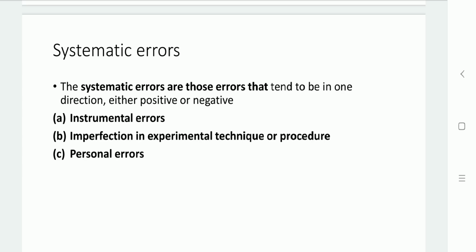Clear? Now, these systematic errors can be minimized by improving the technique, by considering proper variable data, by selecting a better instrument, or, from the human side, by taking data properly. It can be minimized. We cannot say the error can always be zero, but yes, by focusing properly and using a proper technique, the error can be minimized. Clear up to this point, everyone?